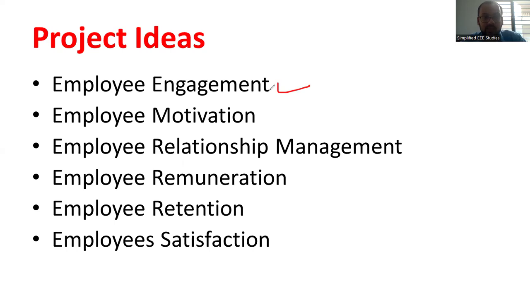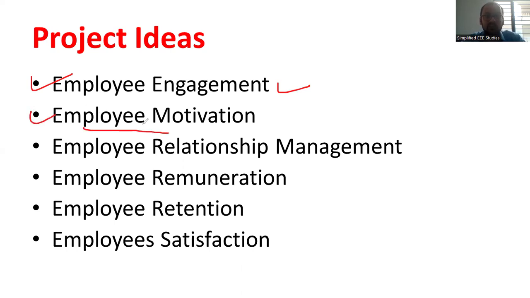The other one is a new trend in workforce management, that is employee engagement. In Google and others, they have employee engagement programs. Many companies are adopting employee engagement programs for better outcomes, because employees are the backbone of every type of institute, every type of unit. Without employees, we cannot imagine how the organization works.